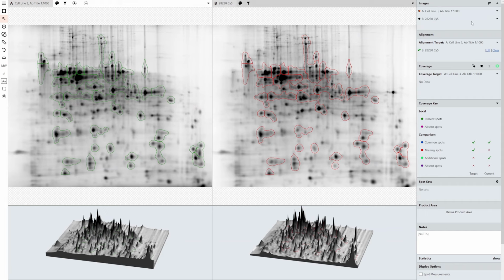Now, eagle-eyed viewers may have noticed that there was a separate section there below set nickname, which was notes. And this is the first section where you can start introducing notes to your experiment. While set nickname has a small amount of room that you can input text in and the text will be displayed on the side, notes has a bit more room. So you can be a bit more freeform with the notes, and these notes will make it all the way through to,